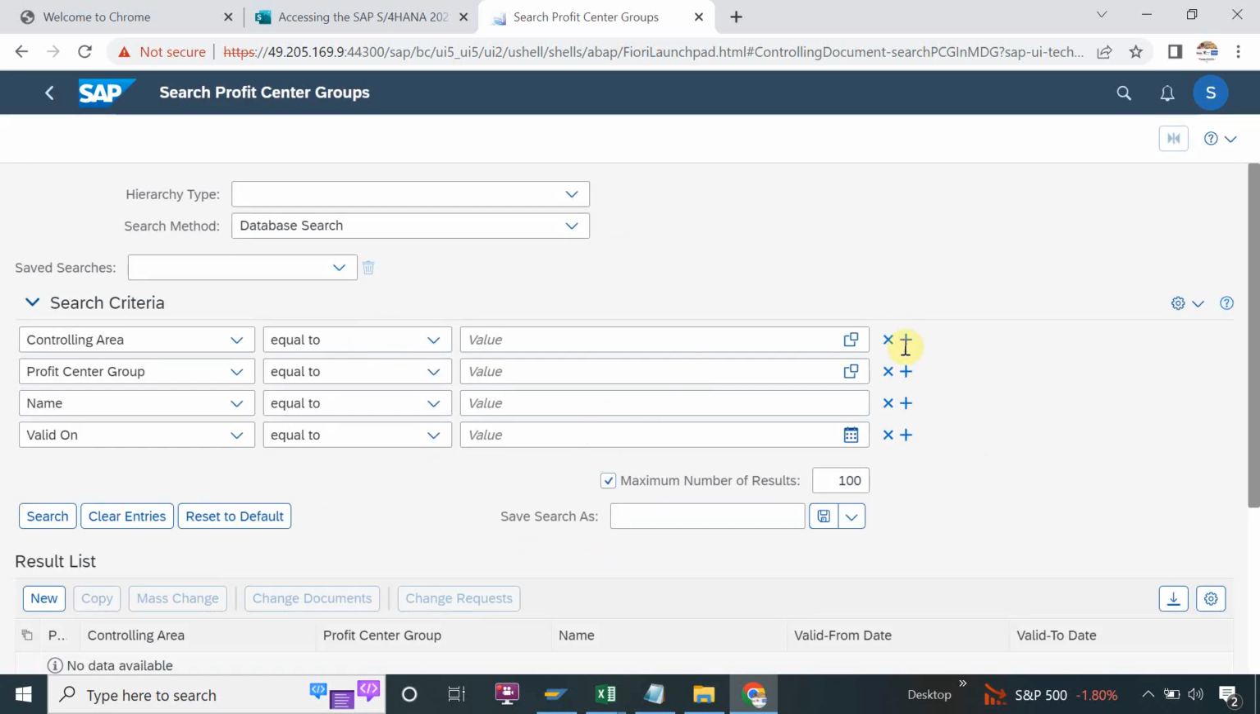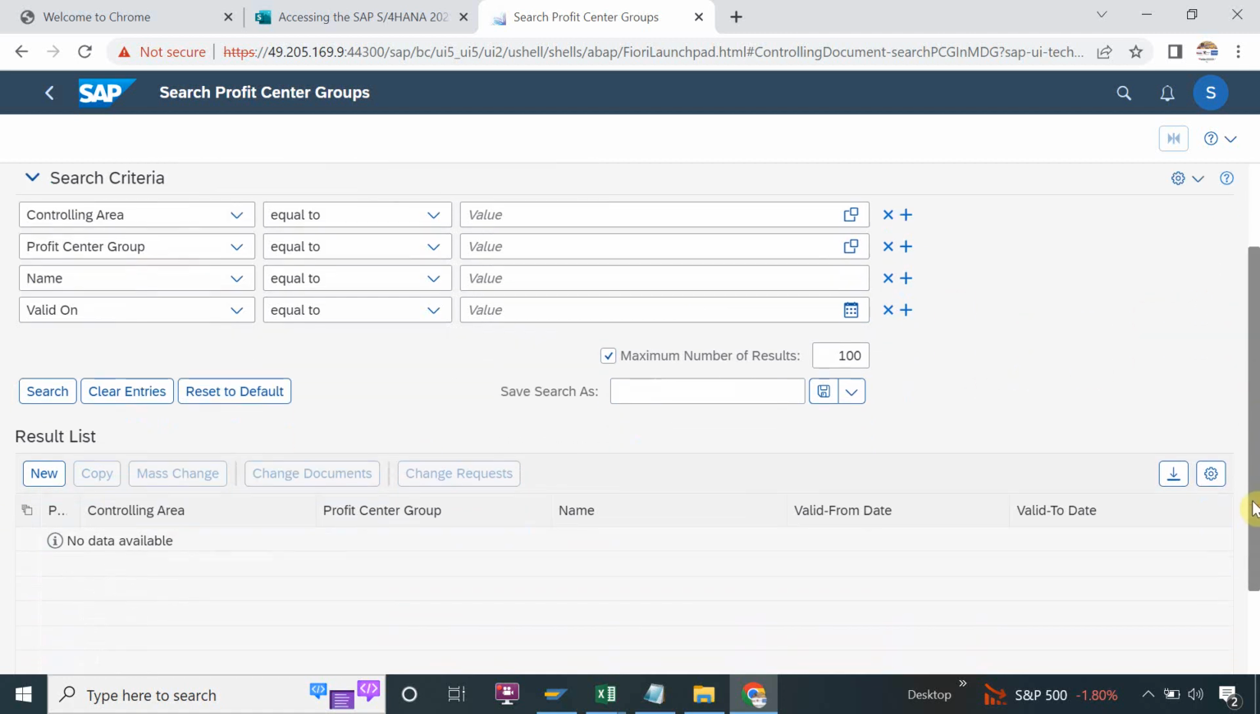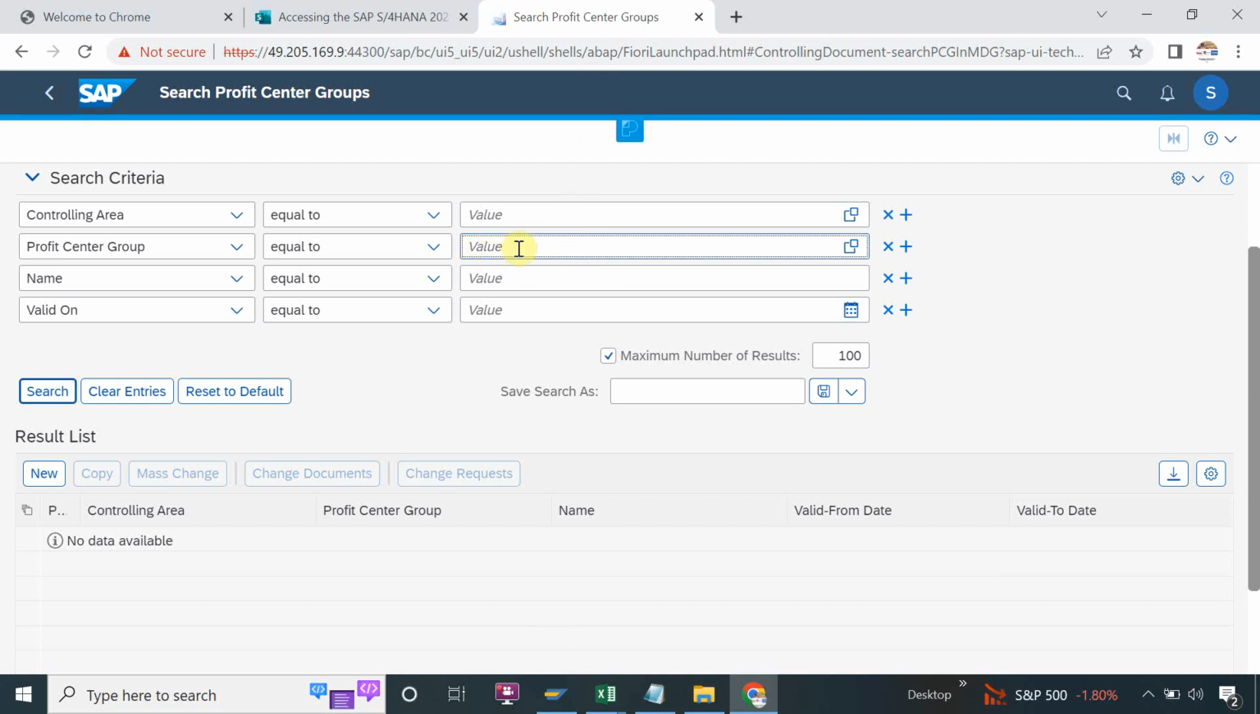So this is my search criteria. If I want to check an existing one, I can check. Suppose now I'm creating for the US. Let me check if US exists or not. Search, no record found. So I will click on new